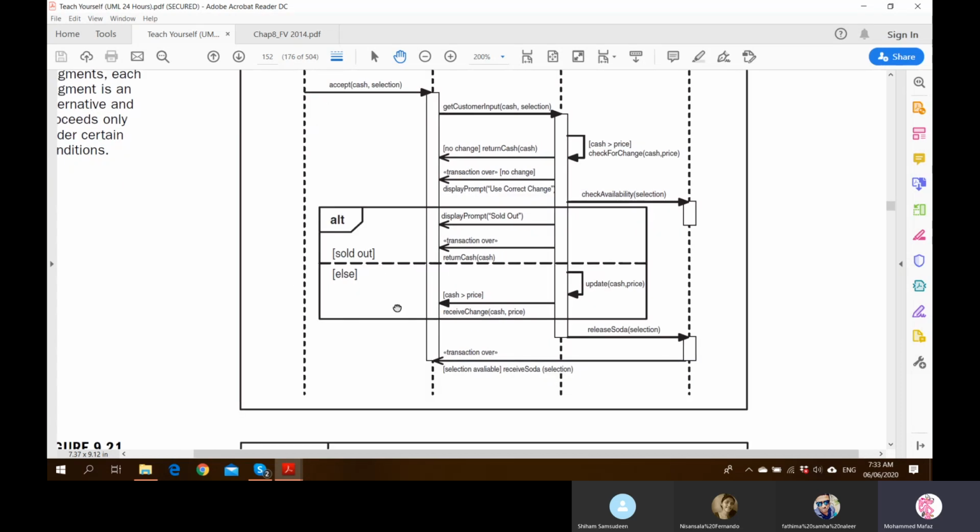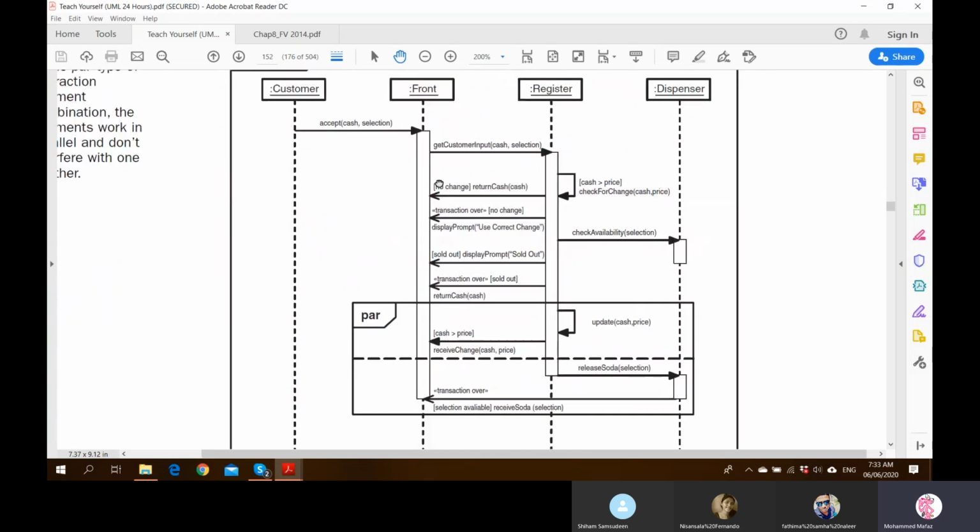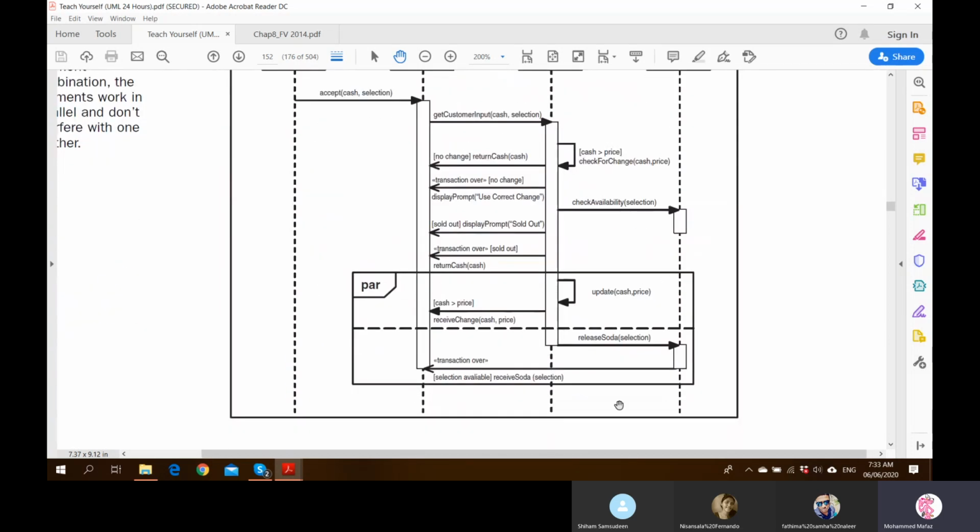Right. Similarly, parallel is to show. If you didn't have this fragment here, the way we would be reading this is: success scenario, let's say the best case scenario. Accept, get custom input, cash greater than twice is true. Then you go to check availability. Then it will come here. Update cash. Finish this one. Then it will go calling this release soda function and like that. So this release soda interaction and this transaction over, the subsequent one, happens only after this has finished,